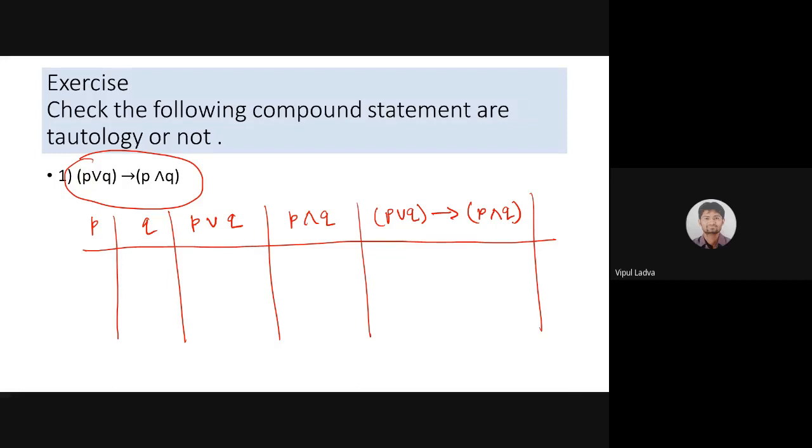Rishabh, what is your option? Will you prefer it as a tautology, contradiction, or contingency? No, sir, it is not tautology. Someone is saying. ठीक है, चलो काफी सारे लोग बोल रहे हैं कि ये टाउटोलॉजी नहीं है. चलिए देखते हैं एक बार. ठीक है, मोहम्मद.